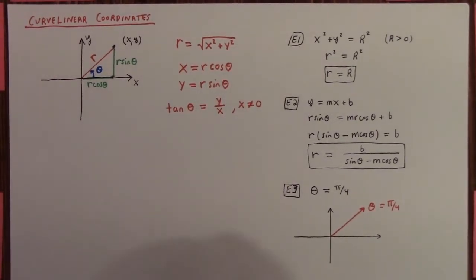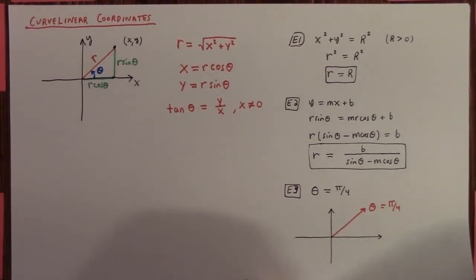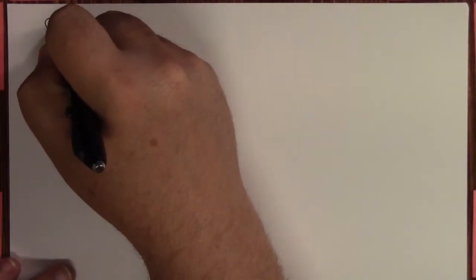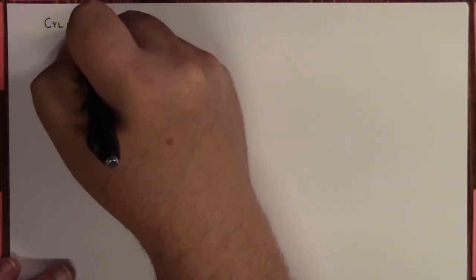Let me move on here. So the two coordinate systems that tend to give people a little bit more trouble, not a lot more, but a little bit more. For one is the cylindrical coordinate system, right? So cylindrical coordinates,